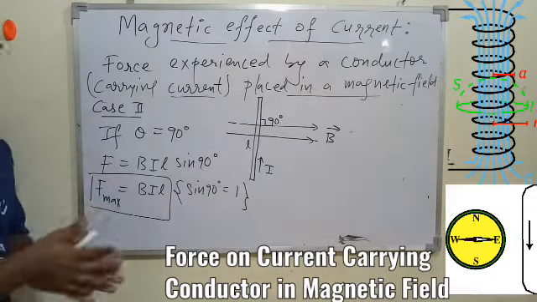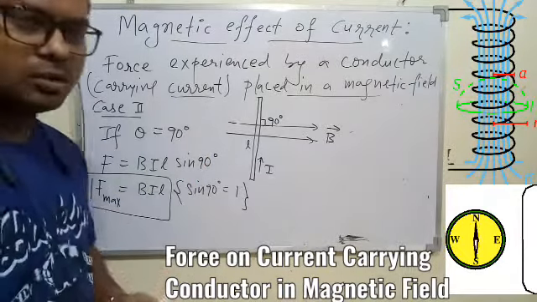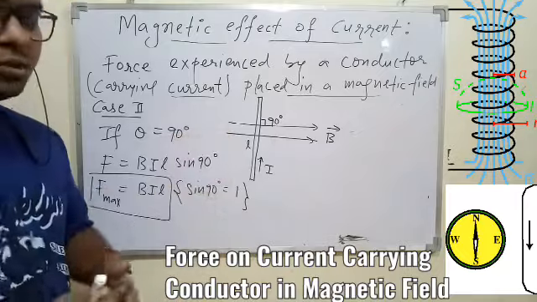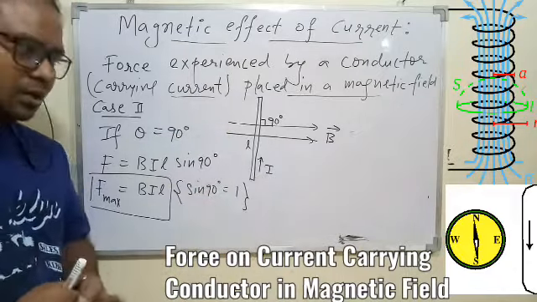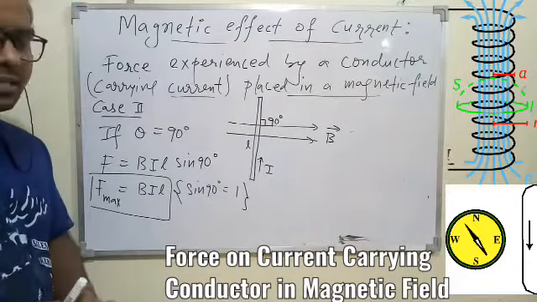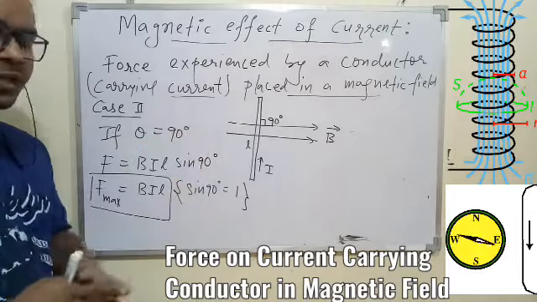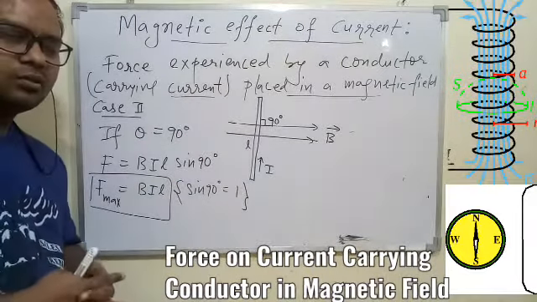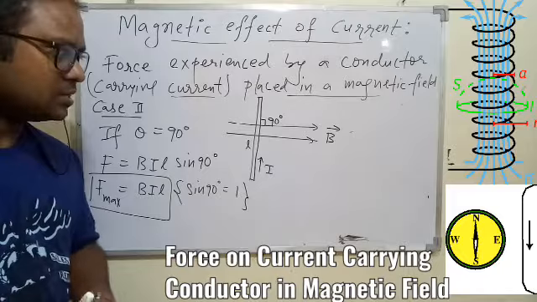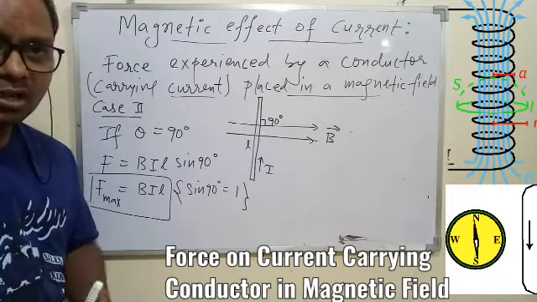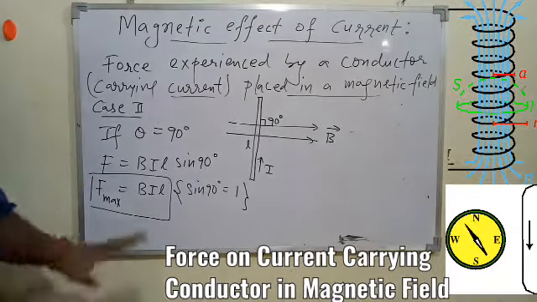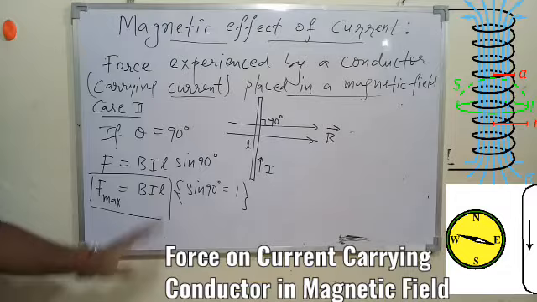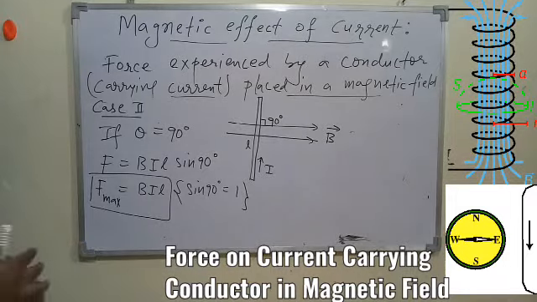So in this case the conductor will get maximum force. So if you do the setup such that the conductor is perpendicular to the magnetic field, and if you switch on the circuit so that the current I will flow through the conductor, it will get magnetized, and the time it gets magnetized it will experience the force. So it will show you displacement. It will move in a particular direction. In which direction will it move, that we are going to discuss now, so not to worry. So we understood the force will be maximum, that is given by BIL.